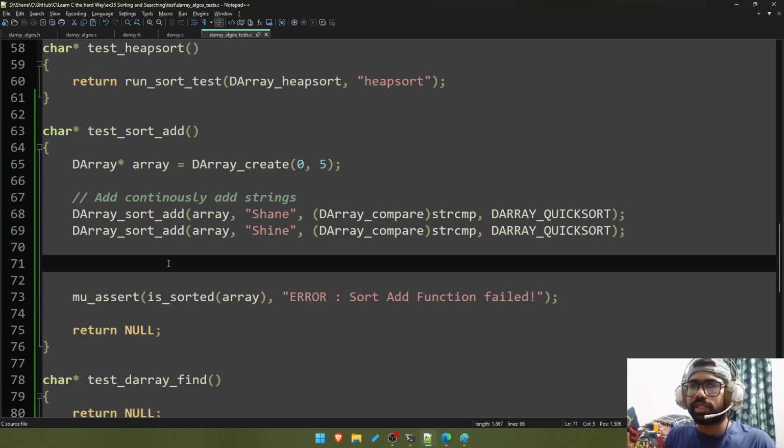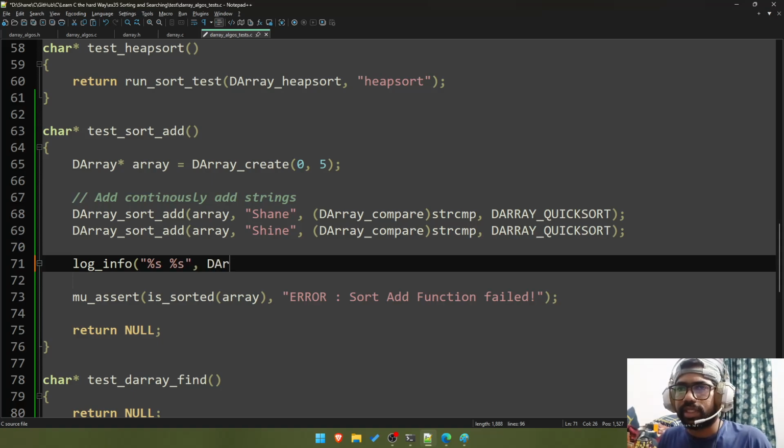Okay, let me just printf s and s. Right. Okay, maybe I can log info s